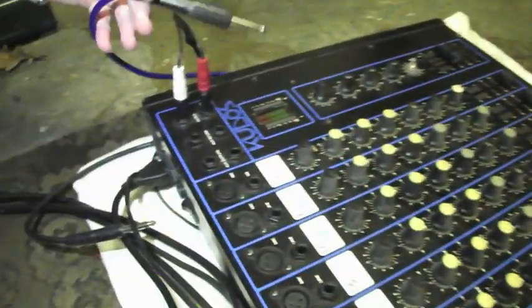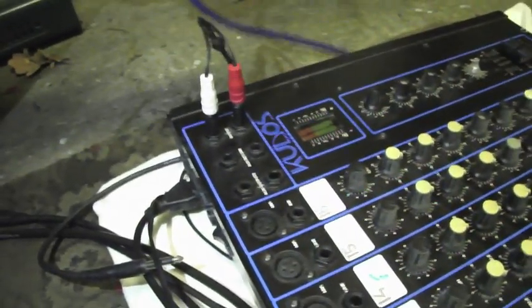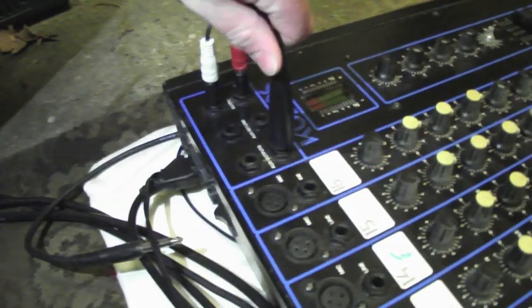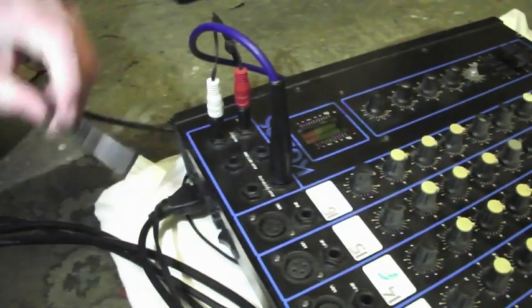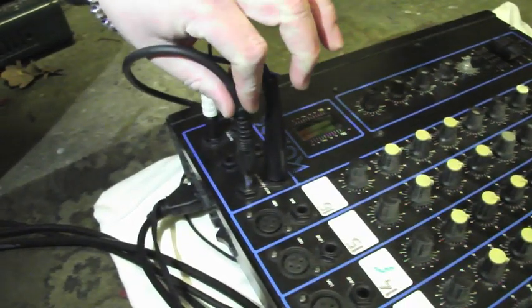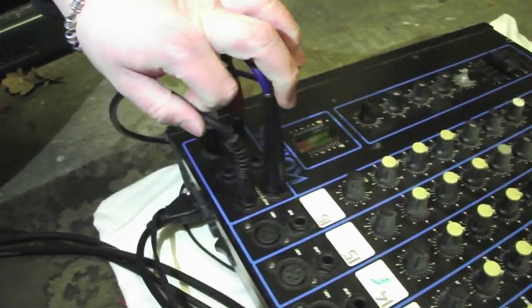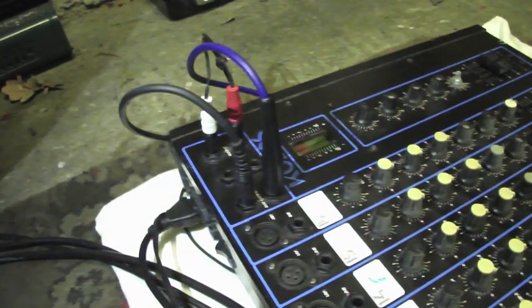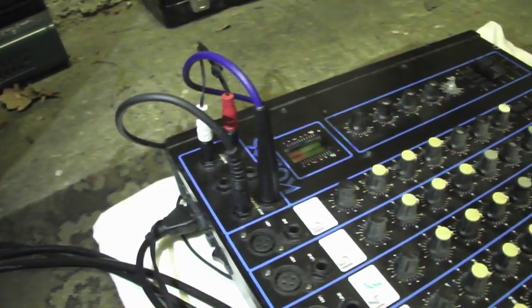So this is just simply a jack to jack instrument cable rather than a speaker cable, and I'll just plug that into auxiliary output 2. And exactly the same jack to jack instrument cable into output 1, which is auxiliary 1. Now I'll wire these across into the monitor amp over there, which I showed you earlier,